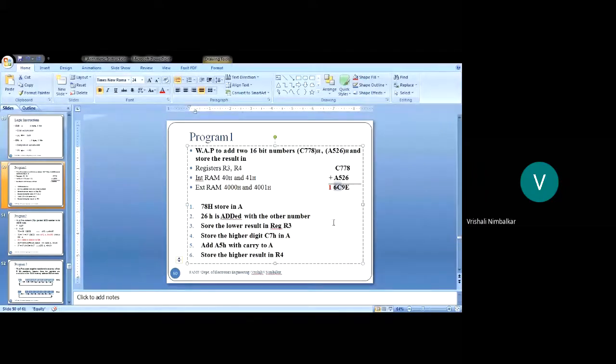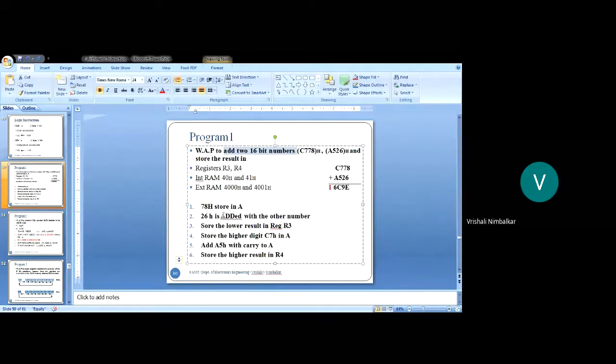Right? So whenever you start any given statement, I want you all to start with the main instruction, the main operation which is to be done. And to do that operation, where is the data needed? Meaning the initial instructions, the initial statements should be written. After doing that addition, what is the result? How is the result stored? Then you write the remaining part of the algorithm.